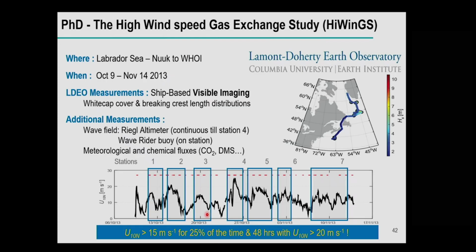That's my thesis work, based on this field campaign where the goal was to finally get measurements of gas transfer at high wind speed and waves, through eddy covariance. There had been other efforts previously, the GasEx cruises, including the Southern Ocean GasEx. But we were luckier during this High Wind Gas Exchange Study cruise in 2013, where we were sort of chasing storms, and we hit quite a few along the way, particularly a very strong one, which was then the St. Jude storm when it hit